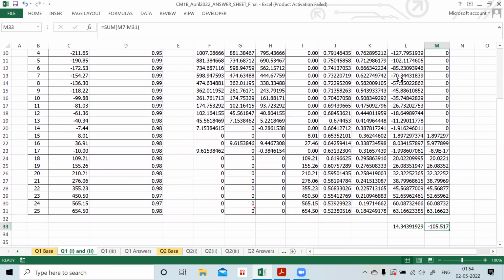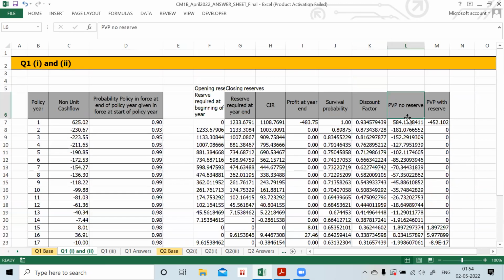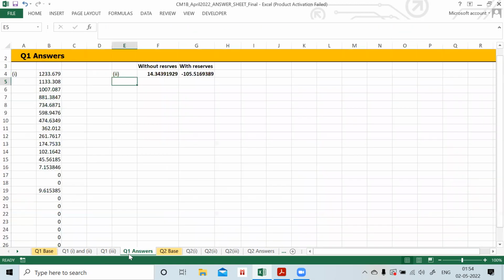net present value. Also, the reserves are calculated at 4%, whereas profitability is calculated at 7%, which will cause a major impact on these answers. And then you can just put your answers over here. Moving forward